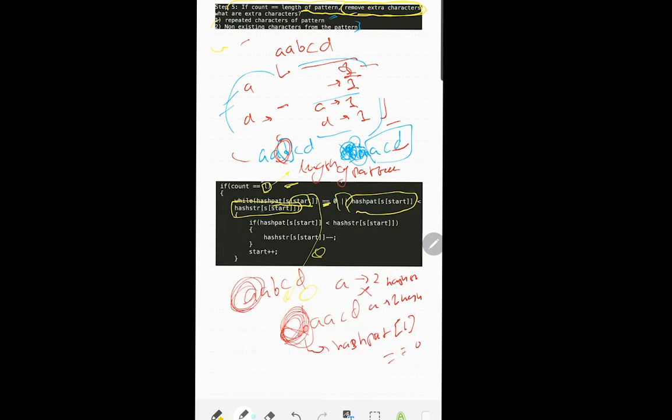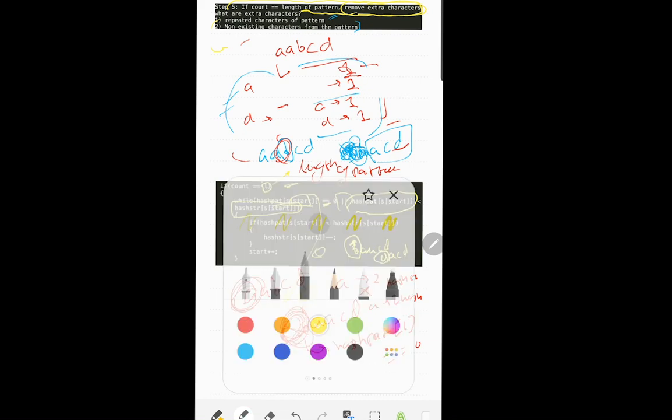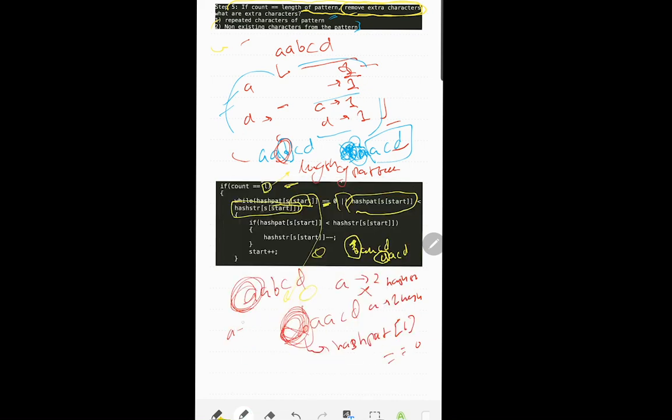So first of all, let's also look at this. If my first condition is satisfied, that is for BAACD, I just simply need to move ahead. I don't need to do anything, right? But if I'm encountering AACD, for this I also need to decrement the hash of str of A so that I do not accidentally remove it the next time I encounter it. If I just simply move ahead, that means I'm not changing the hash value. That means A will still remain 2. That means the next time I encounter A, this will again get satisfied and it will never break the loop, right? So this is handled in this line, that hash of str of s of start is decremented.